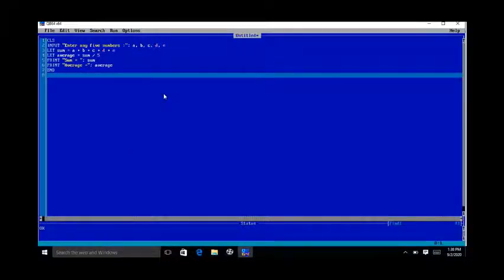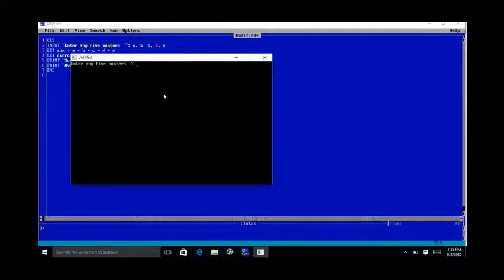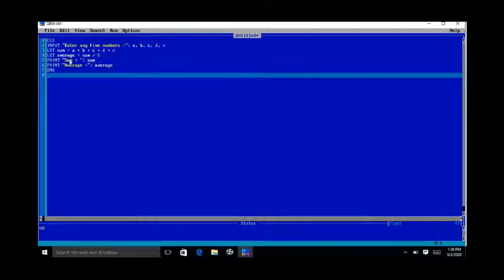Okay, let me execute this program once again. For example, here we are going to input 2, 2, 2, 2, 2. These are 5 numbers and all are the same number, that is 2. It must calculate it, the sum must be 10 and the average must be what? 2. See, sum is 10 and the average is 2, because 10 is divided by 5 and the average will be 2. Now we are going to write the other example program.